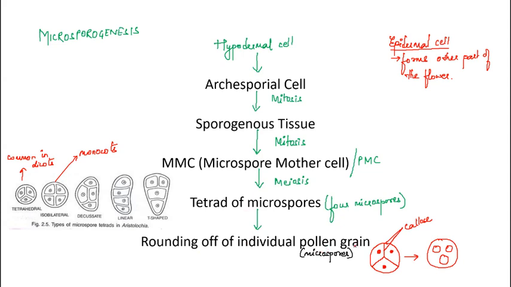We will discuss how pollen grains are formed. The arrangement of microspores in a tetrad is known as tetrahedral. Look at the left side. The arrangement of microspores in tetrad form is known as tetrahedral. In this tetrahedral arrangement, you can see 3 microspores, but one microspore is towards the back side. So 4 microspores are here.